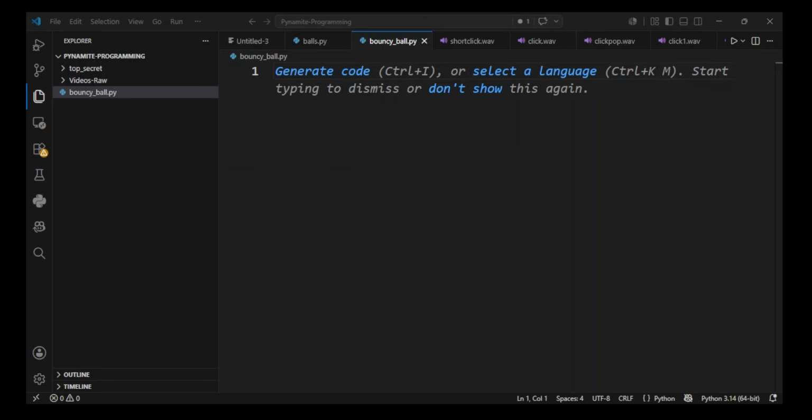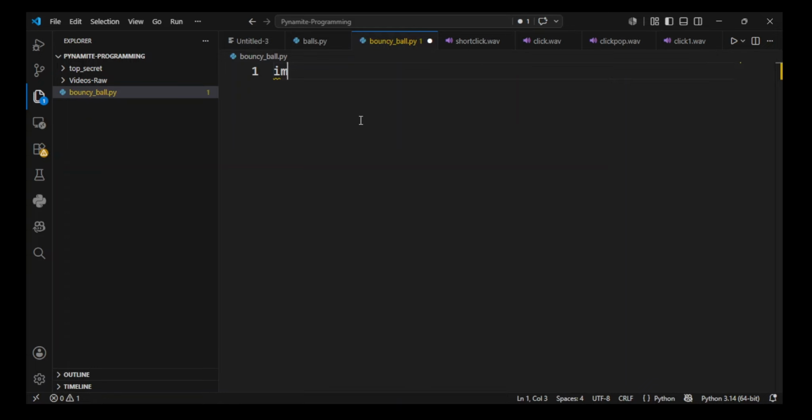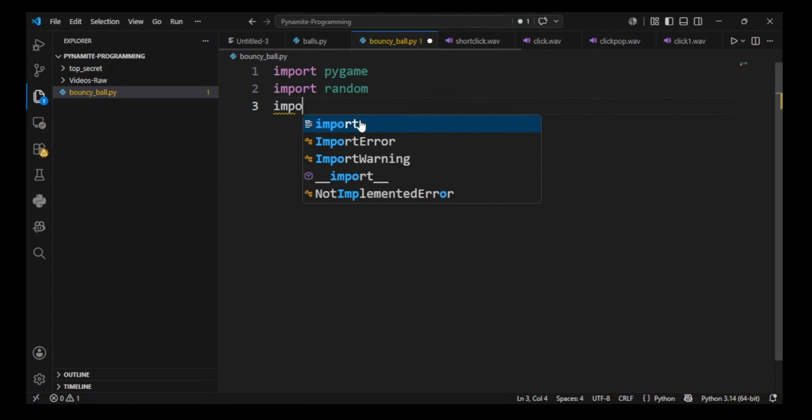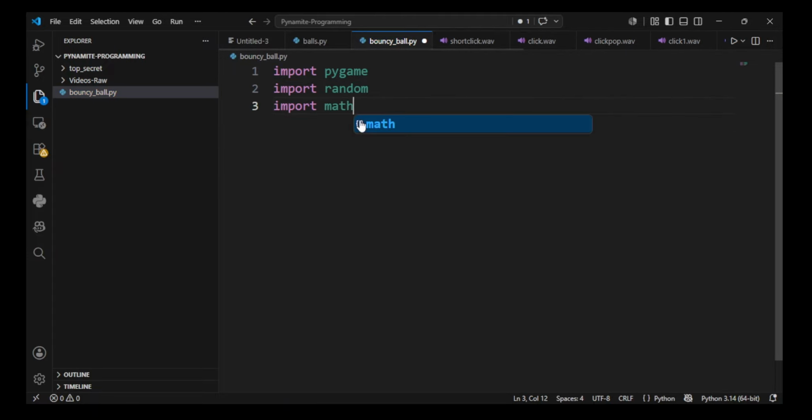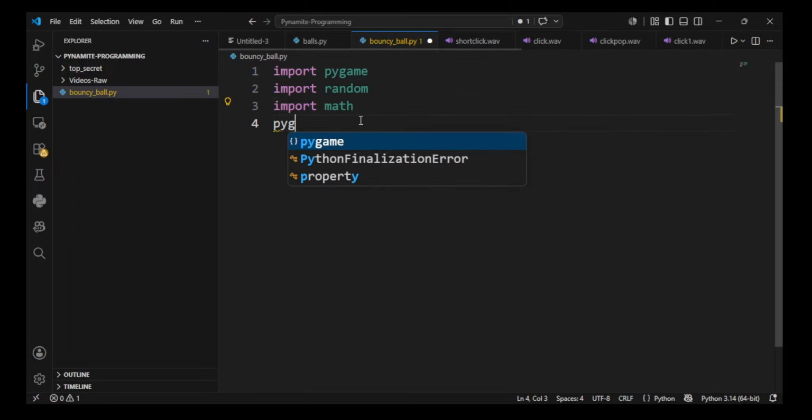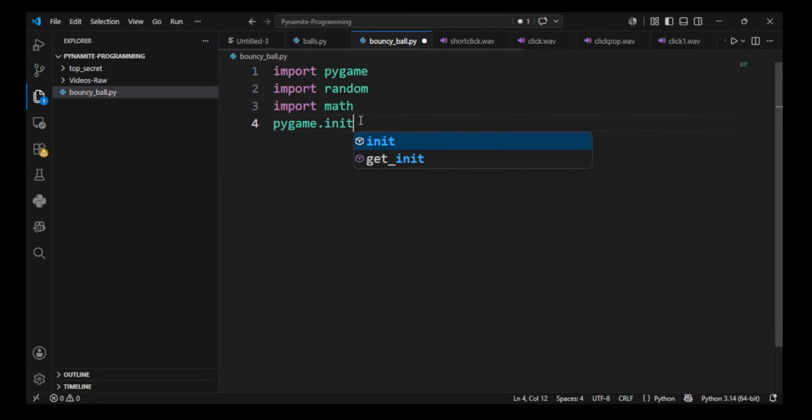Hello everyone, today we're going to be building a bouncing ball effect with Pygame that includes a cool neon trail behind the ball. So the first thing we're going to do is start by importing some libraries. We're going to import Pygame, import random, and import math. The next thing we're going to do is pygame.init, so initialize Pygame with